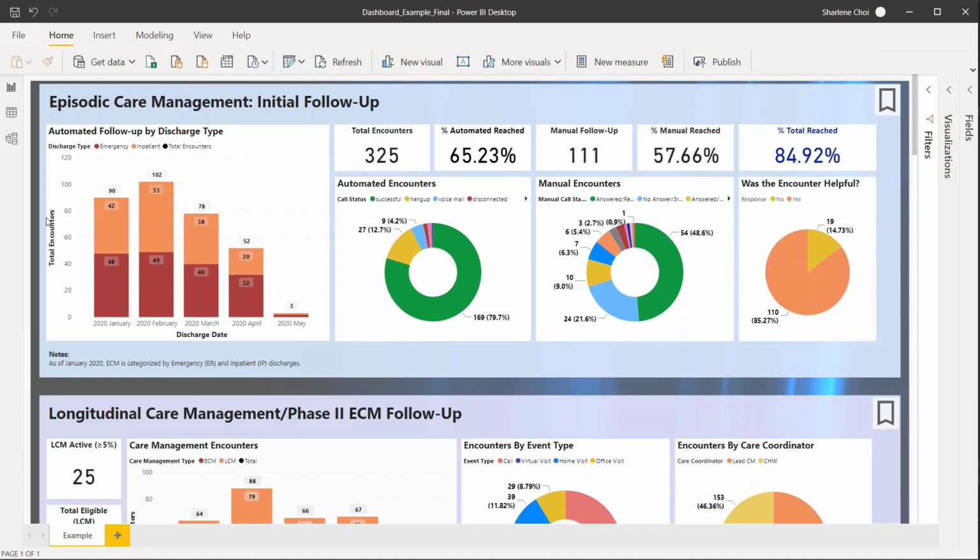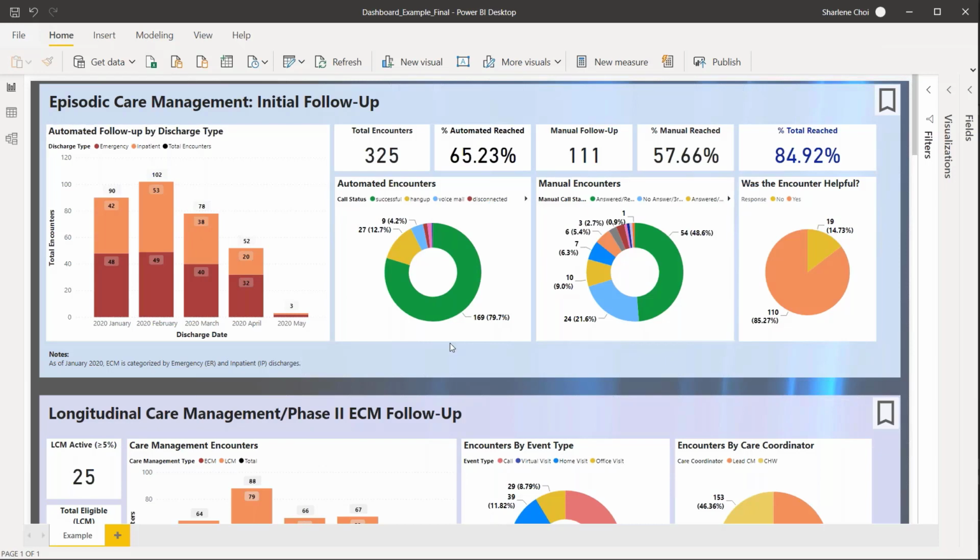First, we have the episodic care management initial follow-up segment. So this segment tracks initial patient follow-up after a recent emergency department or inpatient discharge. And the key outcome is whether the practice successfully contacts at least 75% of their patients with a recent ED or inpatient discharge. The data source used for this segment includes CRISP ENS data and call outreach export data from